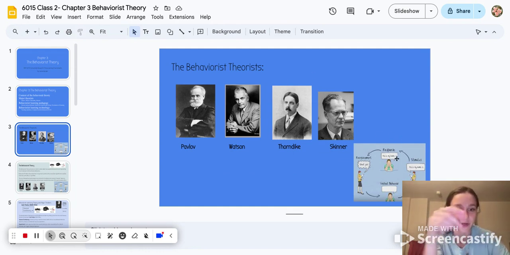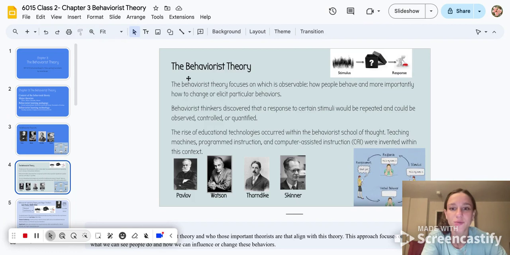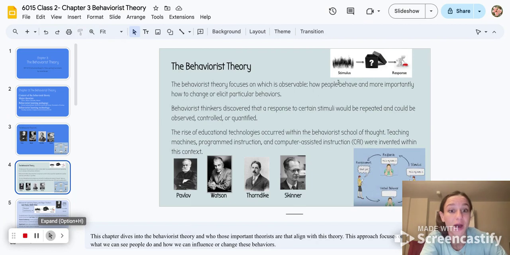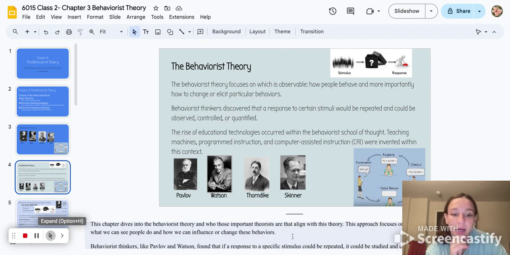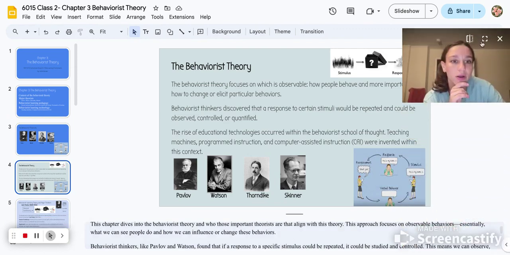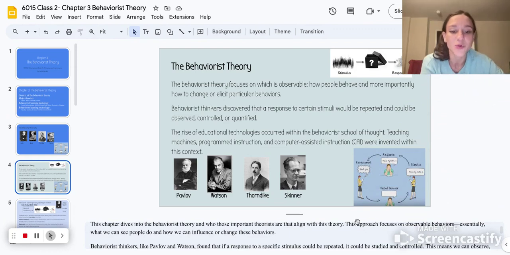And this diagram here, stimulus to response, reinforcement, verbal behavior, and then this continuation here, this is an example of what we'll be getting into this chapter. Okay, so the behaviorist theory focuses on what is observational, how people behave, and more importantly, how to change or take away particular behaviors. So this chapter will dive into the important theorists that align. This approach focuses on